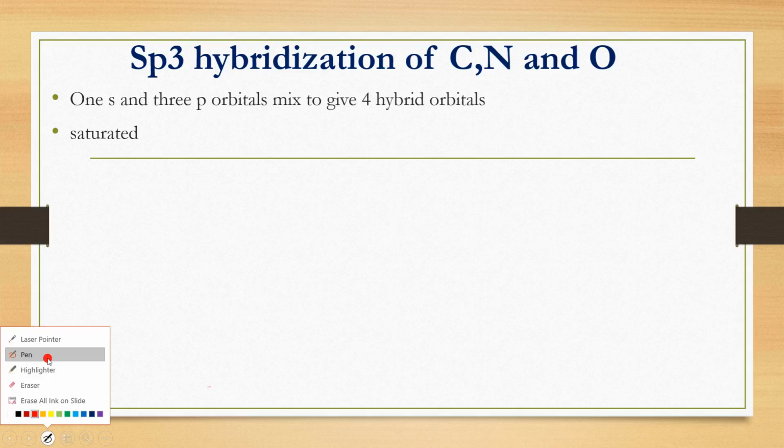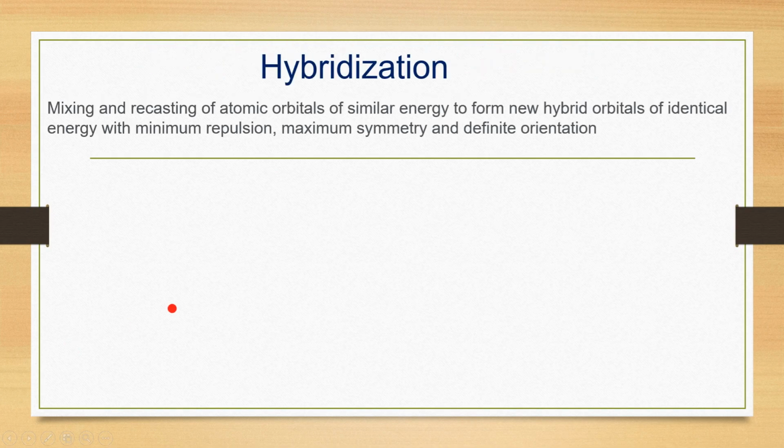In this video, we are going to study about sp3 hybridization. But before that, let's just look at what is hybridization. Hybridization is nothing but making hybrid. Hybrid means what? You must be knowing when we get hybrid plants, we get hybrid fruits, right? So what are we doing exactly in that? We are mixing two different things and preparing a new species, right?